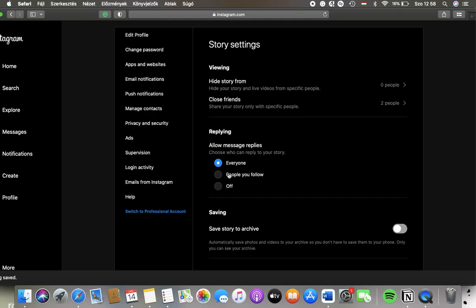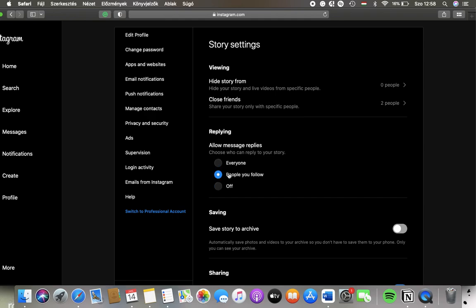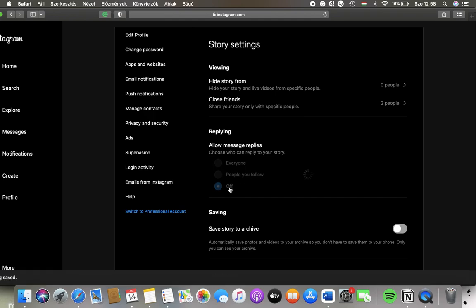If you would like only the people that you follow to be able to reply to your story, then tap on the second one, and you can turn it off completely so no one will be able to reply to